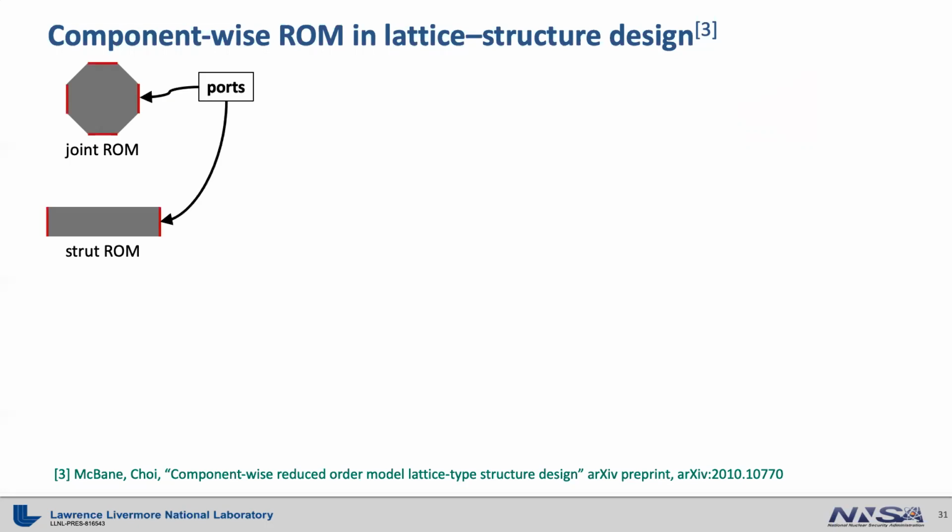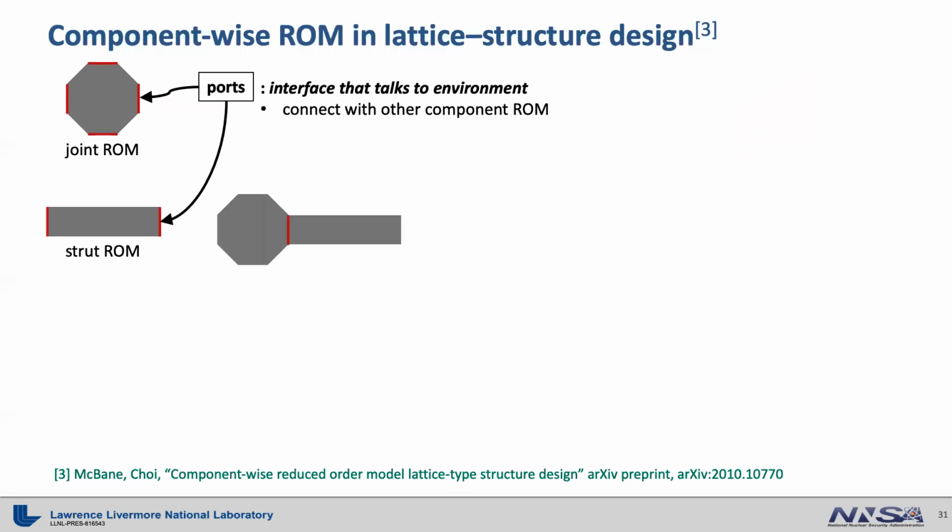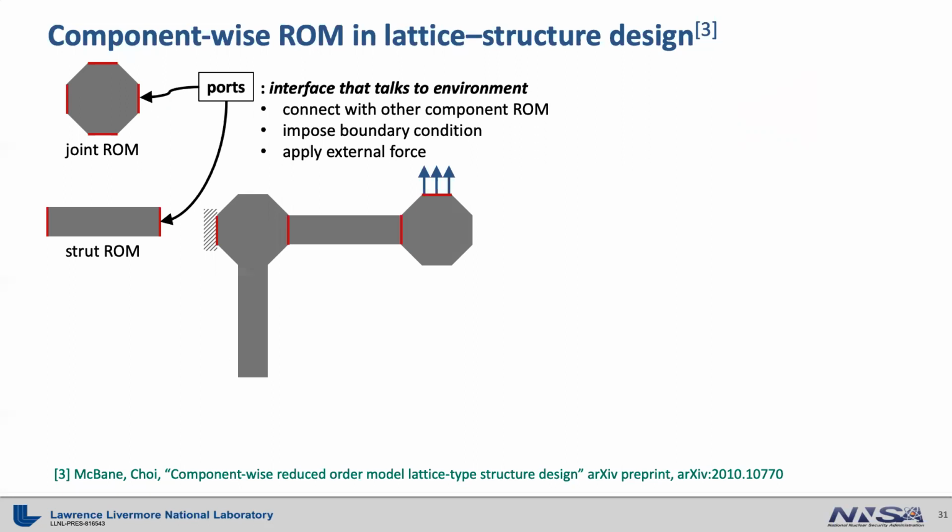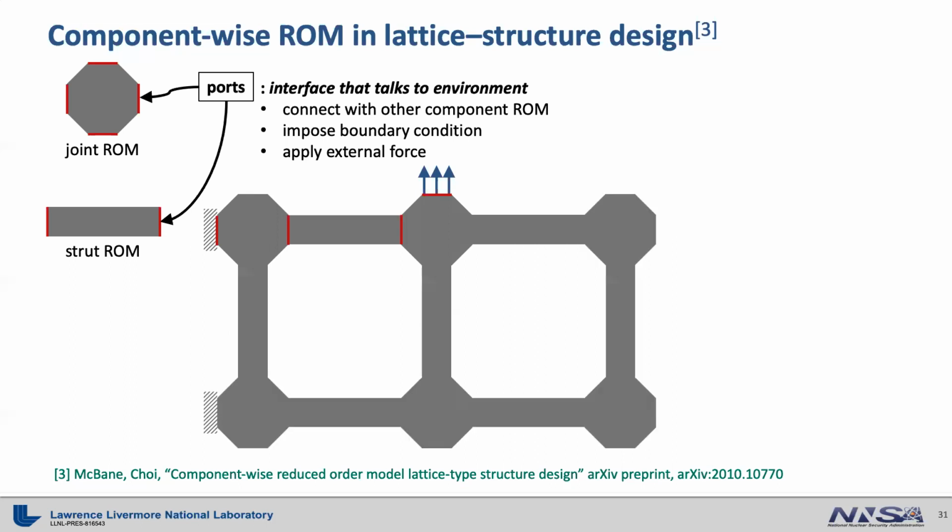Then we introduce a very important concept called ports, which is an interface that talks to the environment. It connects with other component ROMs. It can be used to impose the boundary conditions. Of course, you can add more components through an available port. It can be used to apply external force. You can even rotate the component and attach it to the system, and attach many more as you wish